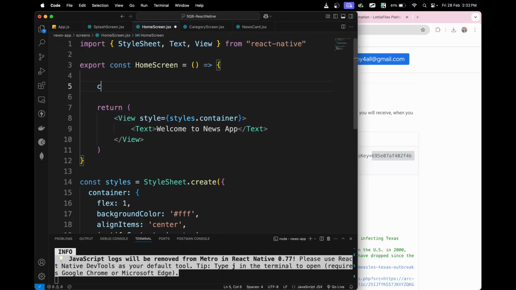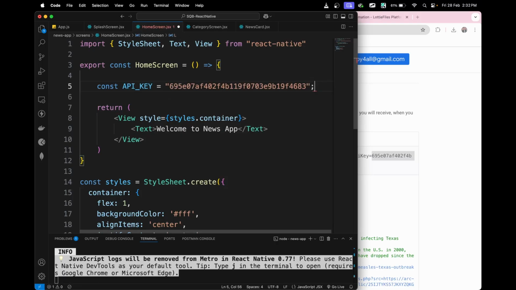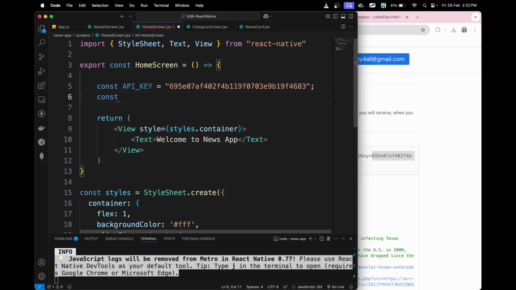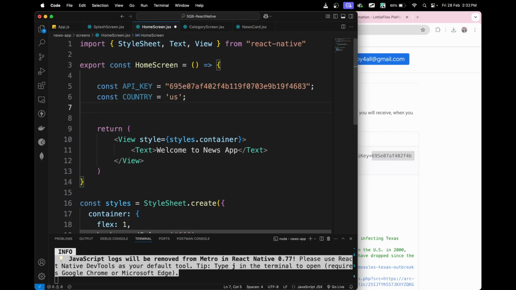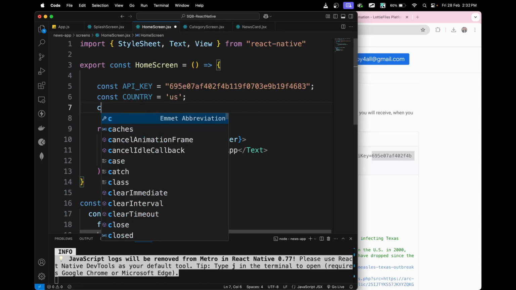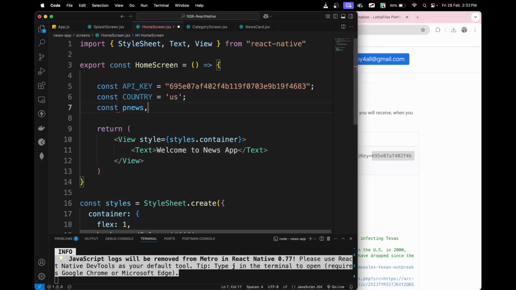a different variable. So I can mention here const API key is equals to, paste it here. I got this API key. You can also mention the country here. Country is by default US. All right. Now what I'll do is, we'll be having one state,